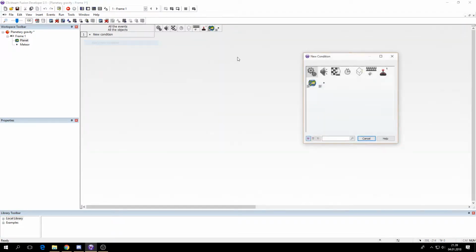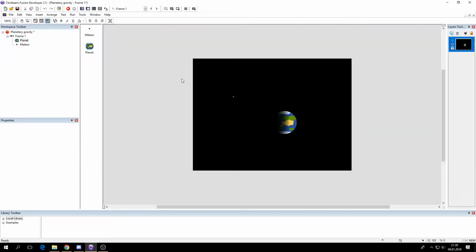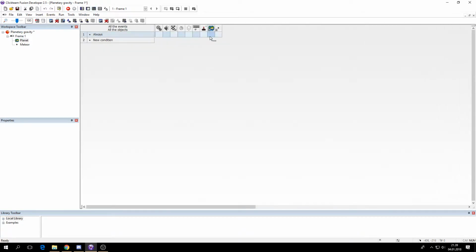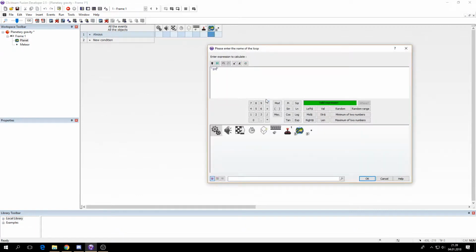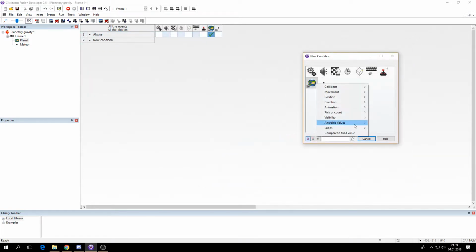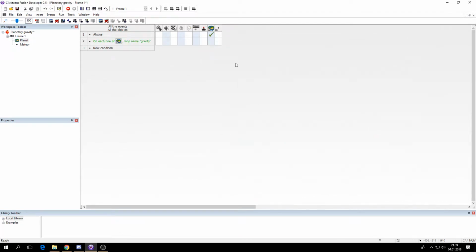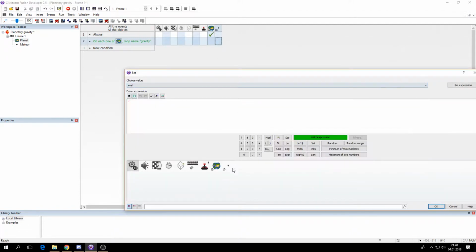So first we need to make an always event. If we have multiple planets we want to count for each object, and we'll just call this gravity. So on the loop gravity we'll set the x-well to